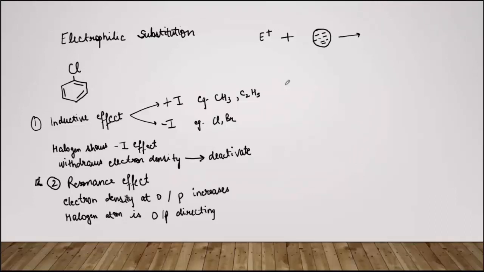It is increasing the electron density at the ortho and para positions. ठीक है, तो एक इफेक्ट जो है वो इलेक्ट्रॉन डेंसिटी कम कर रहा है, दूसरा इफेक्ट जो है वो इलेक्ट्रॉन डेंसिटी को इंक्रीज कर रहा है, बट स्पेसिफिक पोजीशन पे इंक्रीज कर रहा है, ओवरऑल इंक्रीज नहीं कर रहा। ठीक है, ऑर्थो और पैरा पे इंक्रीज कर रहा है। फाइन। सो बिकॉज द इंडक्टिव इफेक्ट इज स्ट्रॉन्गर इन नेचर,